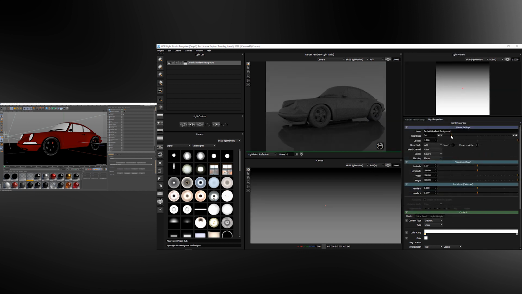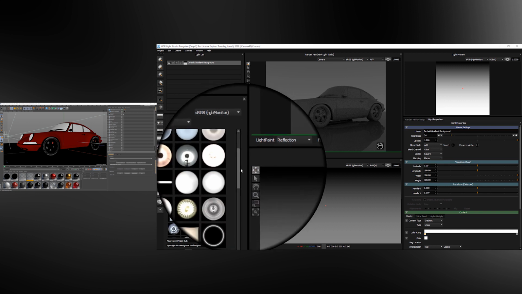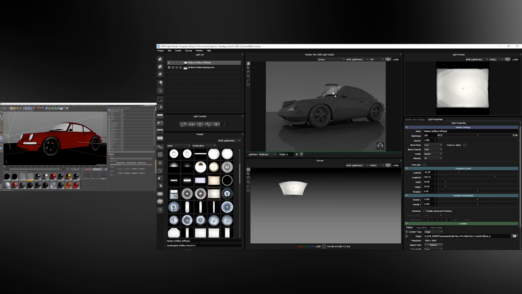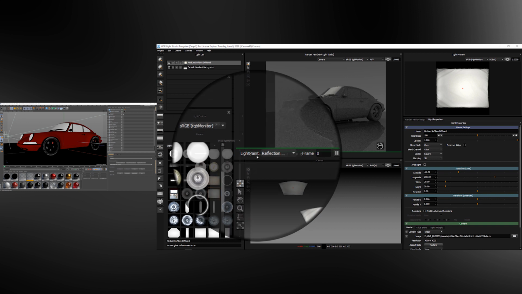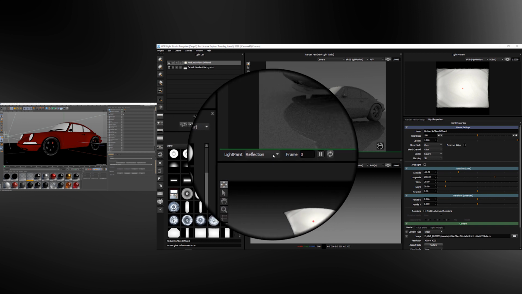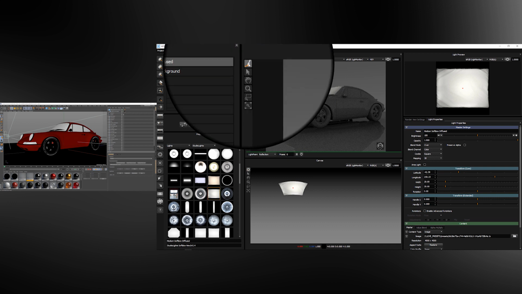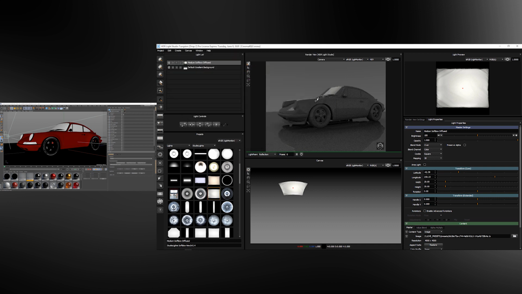Let's make our first light. In the presets panel, let's find a light and drag and drop this onto the model. A light is added to the HDRI map that reflects in the location where the light was dropped. This is because the light paint mode for the view is set to reflection by default. To move the light, because the light paint tool is also active by default, if we click in the view, it will reposition the light. We can click and drag on the model